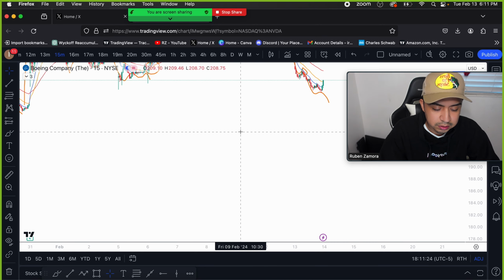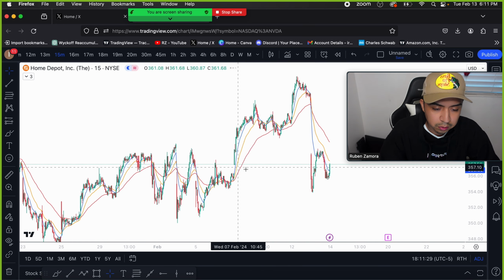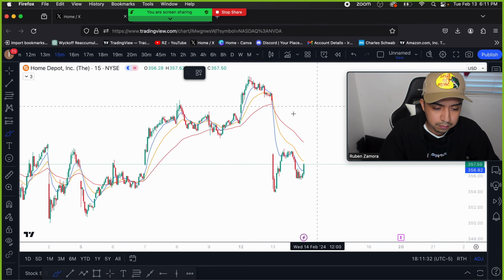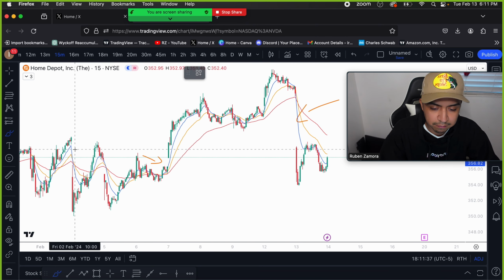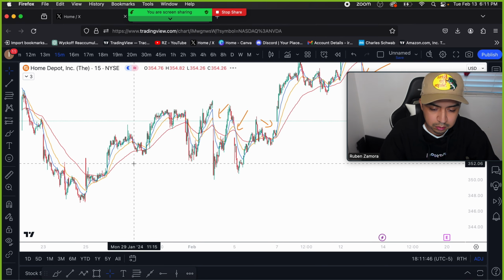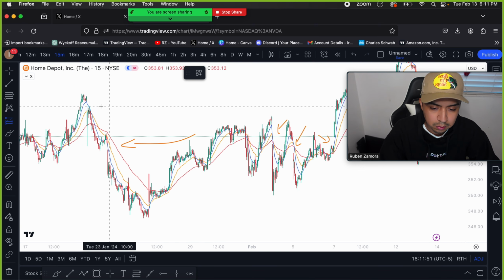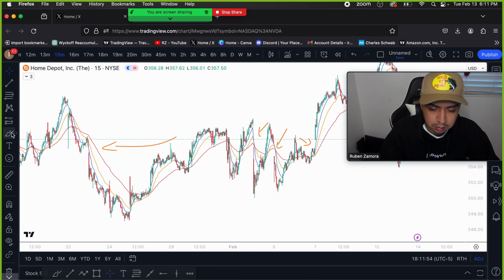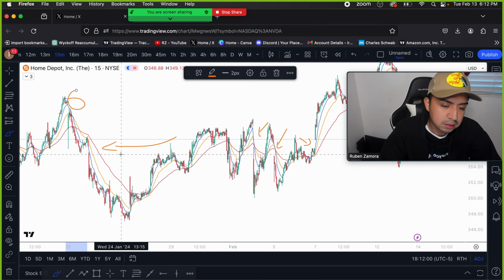So let's go into a Blink chart and let's go to Home Depot. You can see it on this 15-minute chart. What do you have right there? Gap. What do you have right here? Gap. What do you have right here? Gap. Let's find another one. What do you have right here? Gap. So for me to not be confused within those gaps is